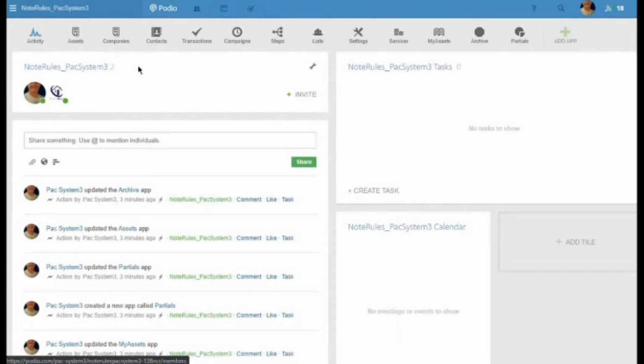Now, the NoteRules portal is organized as a set of apps. Each app has a specific purpose, and you will start initially only using the Assets app, the Companies app, the Contacts app, and possibly the Transactions app, depending on what you're doing. As you get more